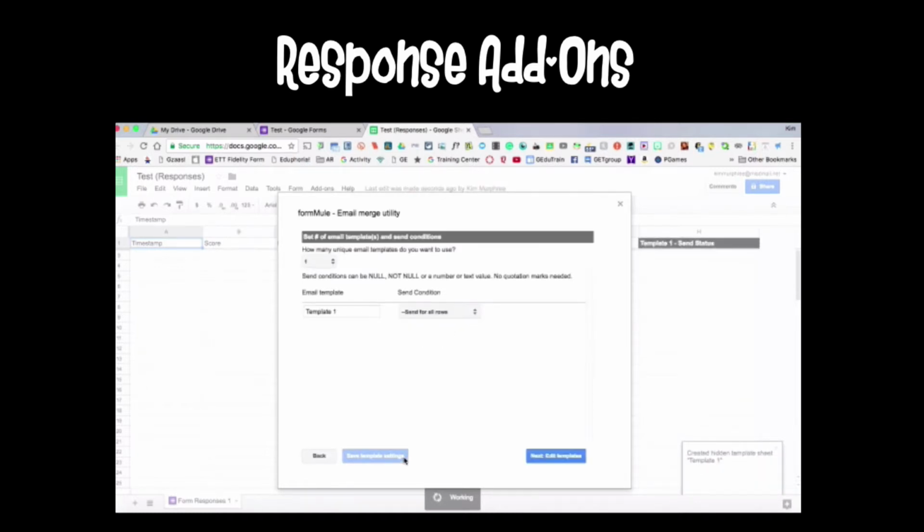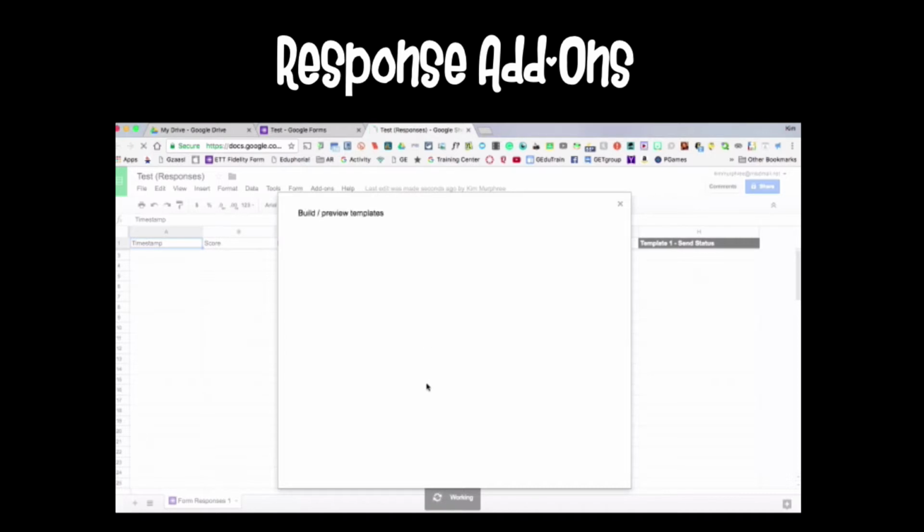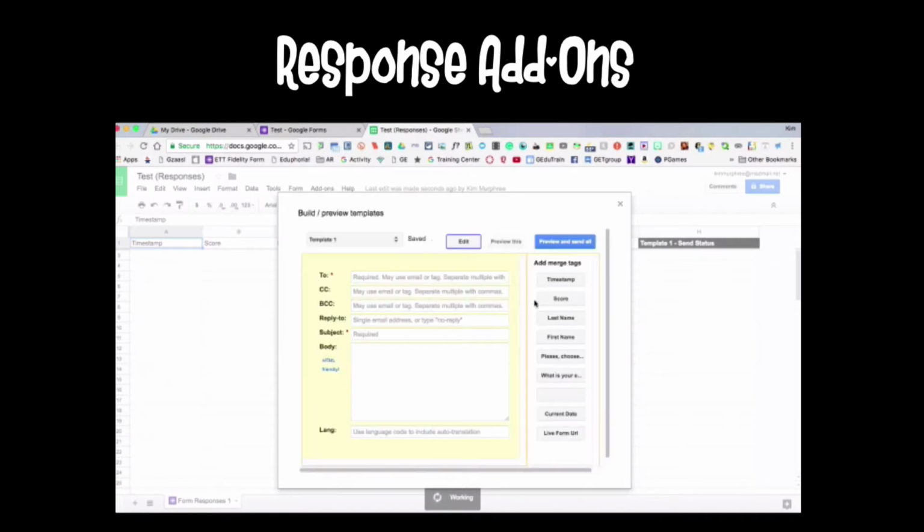And then it's going to pop up over here and say, okay, so you want to do this, you've saved it, we're going to edit the template. So this is where we'd actually create what the person receives. Remember, this is based on their answers. So I would say to, well, this is to, wherever I have the first and last name and then maybe their email. I'd probably put their email in there actually. The subject could be anything. So I basically go over on the right, choose the questions, and I can basically customize the email based on